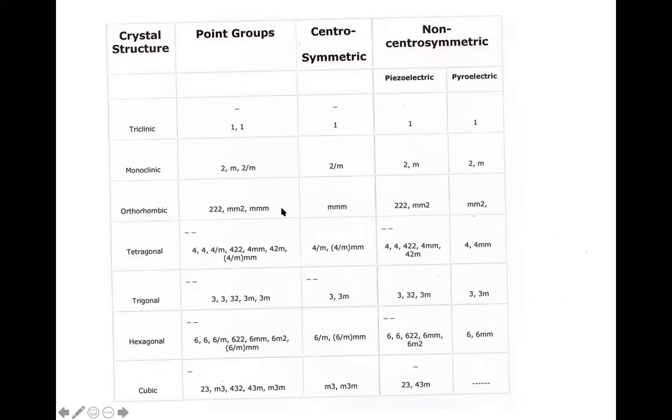Okay. And in this, out of 3, which one is centrosymmetric? mmm is centrosymmetric. How do you find out? You need to know the symmetry operations. And then the rest of the two are non-centrosymmetric. Okay. Again, there are two classes here: